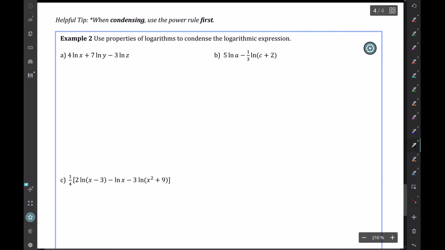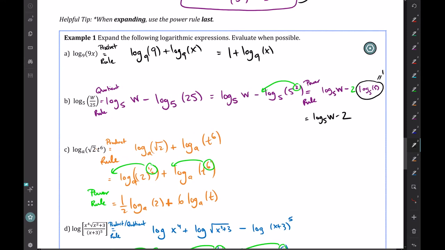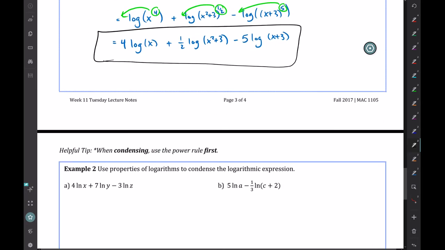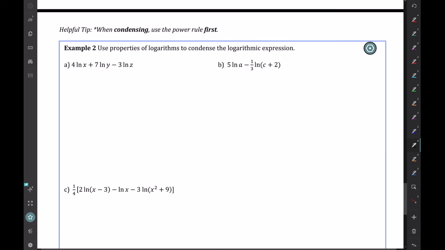Alright, now we're going to start with a sum of logs and then condense them into a product or a log of a product. So here we expanded using these power rules. We started with a log of just one product or quotient, or a product and a quotient, and then expanded out as a sum. Now we're going to take a sum and condense it into a product. Again, this is a technique that's helpful in calculus, which is then helpful in engineering and chemistry and everything else, physics, etc. So now we're going to condense,